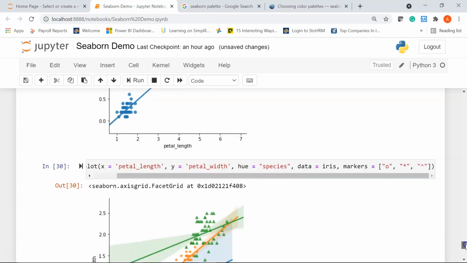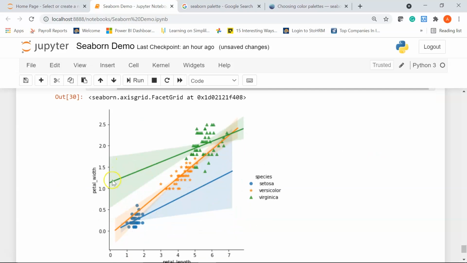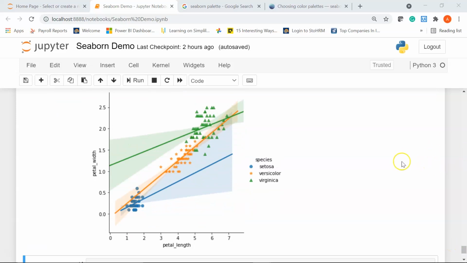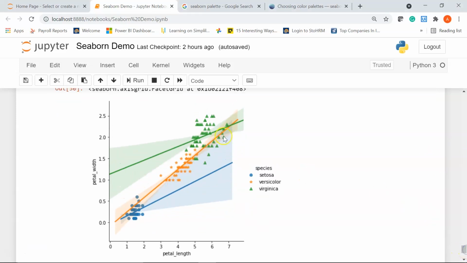There you go. You have three different linear regression lines, and the circle dots in blue color represent setosa, the orange color stars represent versicolor flowers, and the triangles represent virginica flowers. So this is how you create a linear relationship between the different types of flowers using the regression line.